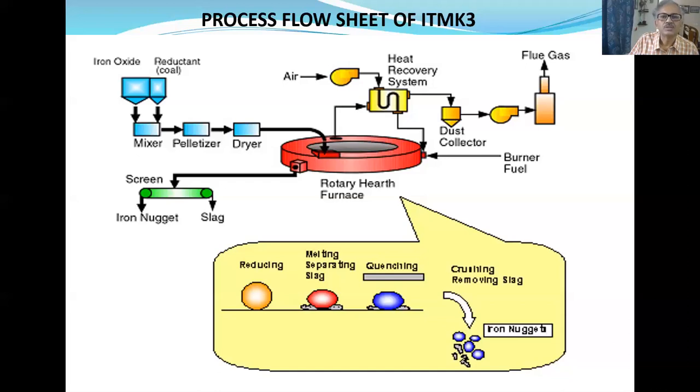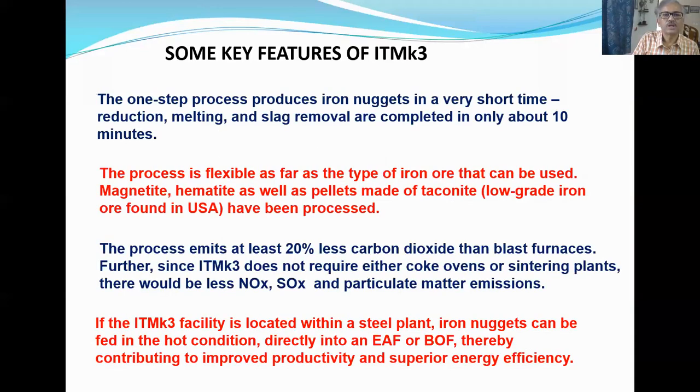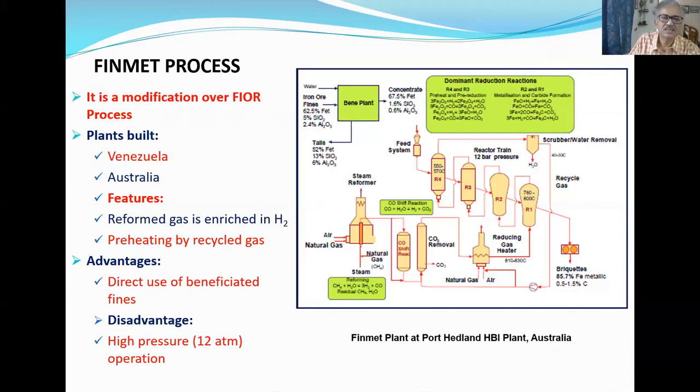So these features I am just excluding. And that is the most important thing in the rotary heat furnace, that nowadays you can use the iron bearing solid waste from the plant. Okay. Now gas-based DR process, as I said, there is the Fior process, which is modified by the Finmet process, but